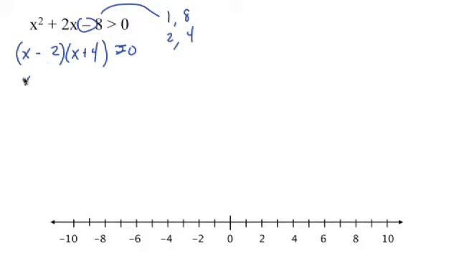Now when you set each one of those equal to 0, I realize many of you at this point in the course are doing these in your head, but just for the sake of those of you that are so close and your brain's fried, we'll go ahead and write it all out. So there's a 2 and a -4. So those are our boundaries for this one. Right, and there's just a greater than sign. So once again, we're just going to use an open circle. So an open circle over the 2 and then an open circle over the -4.